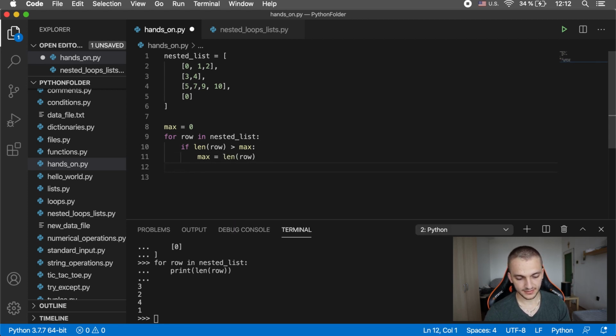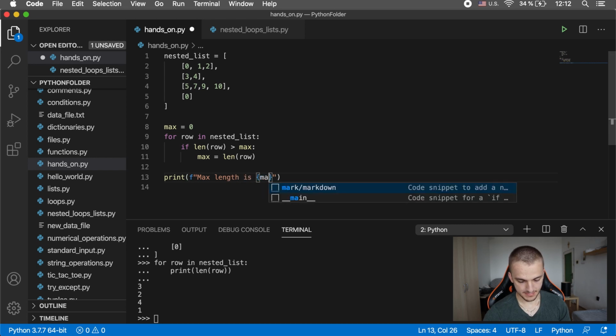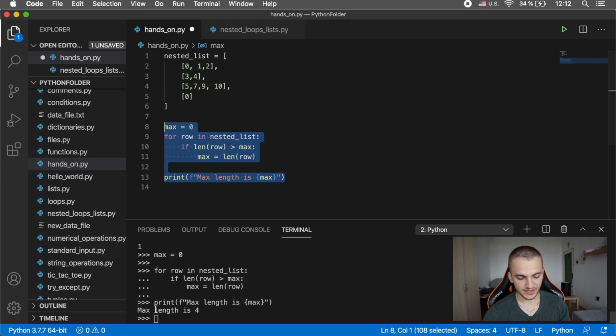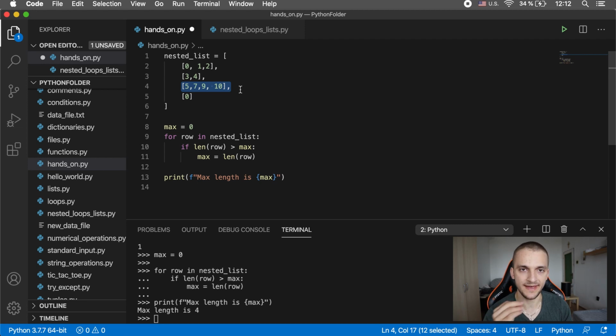And after this, we can print the max. So max length is max. And now amazing, if I run this, you can see that max length is 4. Yes, because this is the line. Now, having an intermediate variable where we store some intermediate results can help us in solving more complex